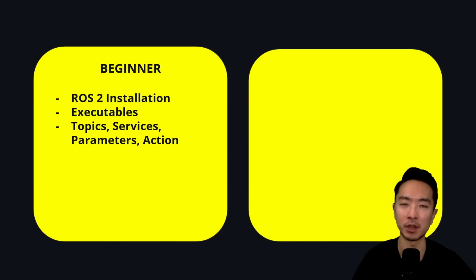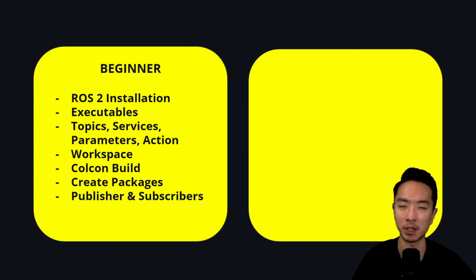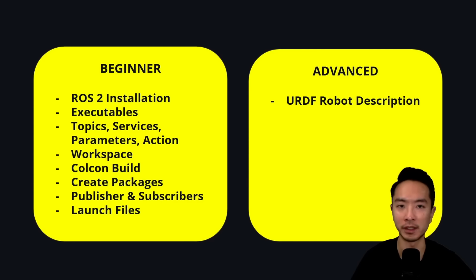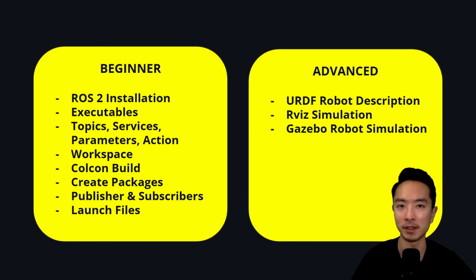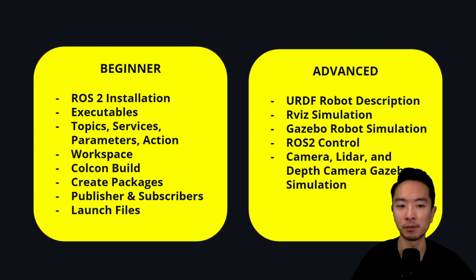topics, services, parameters, and actions, workspace, Colcon build, creating your own packages, publishers and subscribers, and finally creating your own launch file. Later, we'll go into more advanced topics such as URDF for robot description, Rviz simulation, Gazebo robot simulation, ROS 2 control, camera, Lidar, and depth camera sensors in Gazebo simulation, talk about the SLAM toolbox, and end it